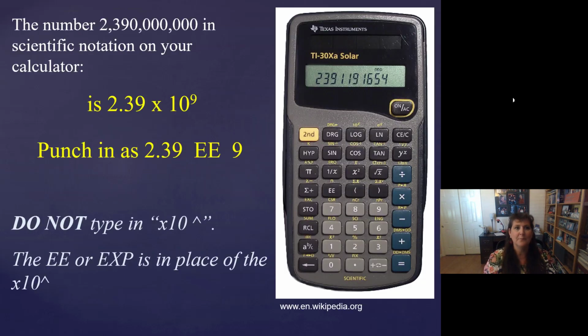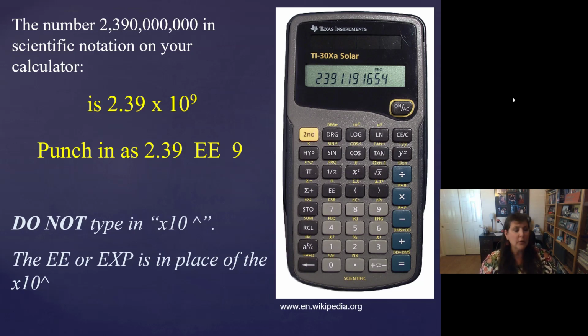All right, let's move on. Let's put a scientific number in our calculator. Okay, we're going to put in the number 2,390,000,000 in scientific notation on our calculator. So it's 2.39 times 10 to the 9th. So I'm going to show this on a TI-30XA. You punch in